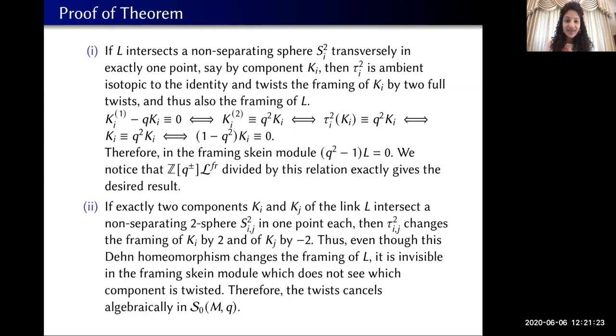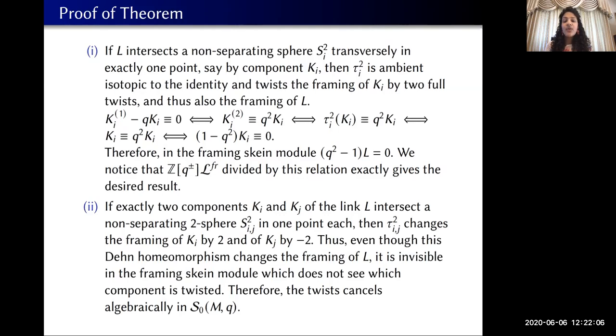Okay, now we discuss the second part, where this non-separating 2-sphere S_ij is intersected twice by the framed link L, once each by the components K_i and K_j. And assume that tau_ij is the Dehn homeomorphism about this non-separating 2-sphere, such that tau_ij squared changes the framing of K_i by 2 and of K_j by minus 2. So this is exactly what was illustrated in the light bulb trick for 2 components, as I showed before. The important thing is that even though this Dehn homeomorphism changes the framing of the link,